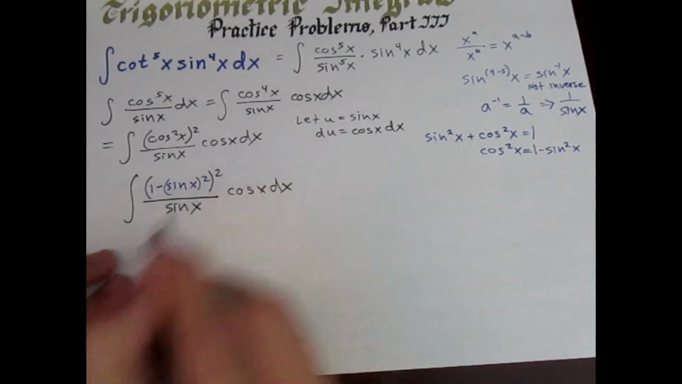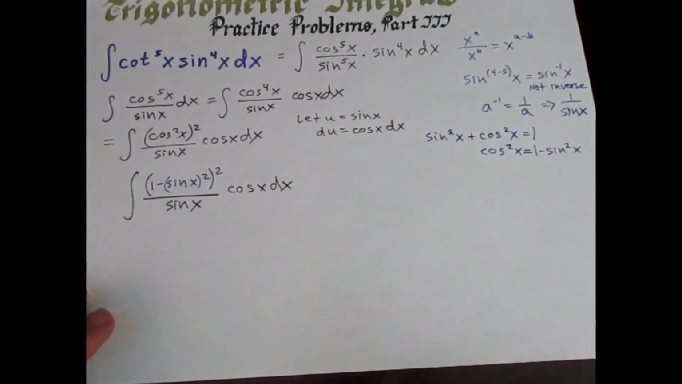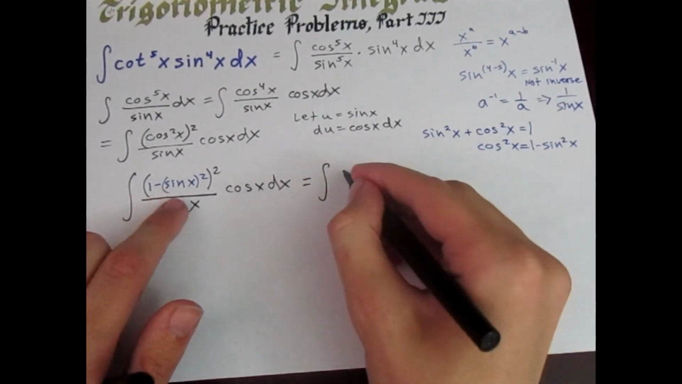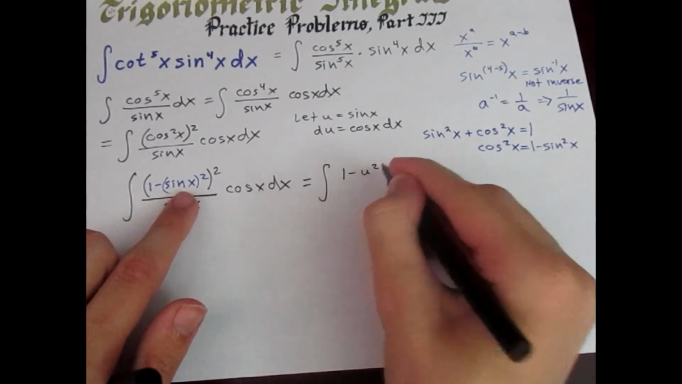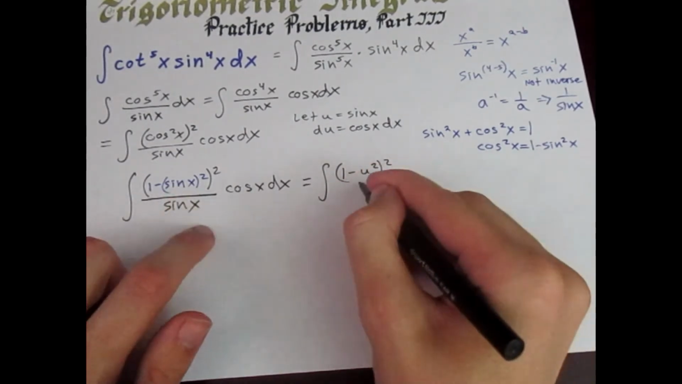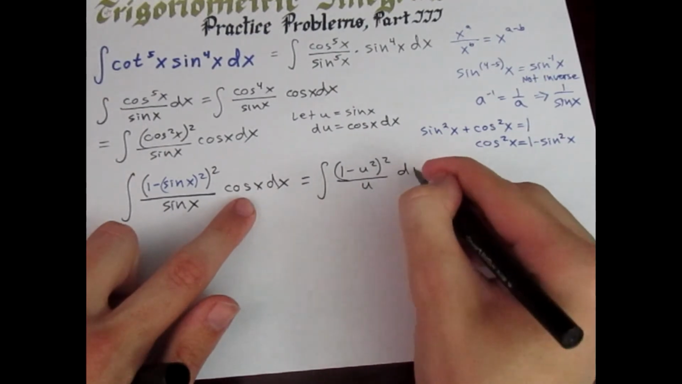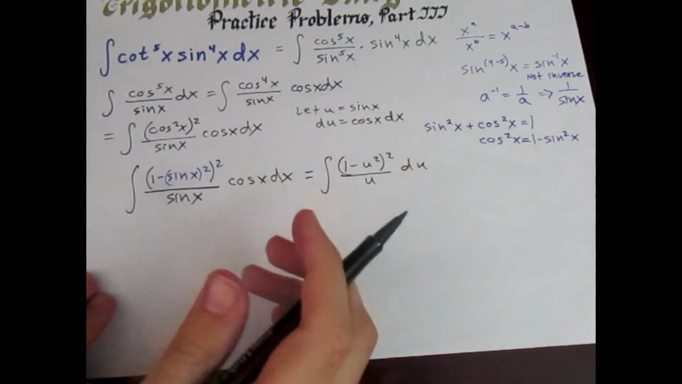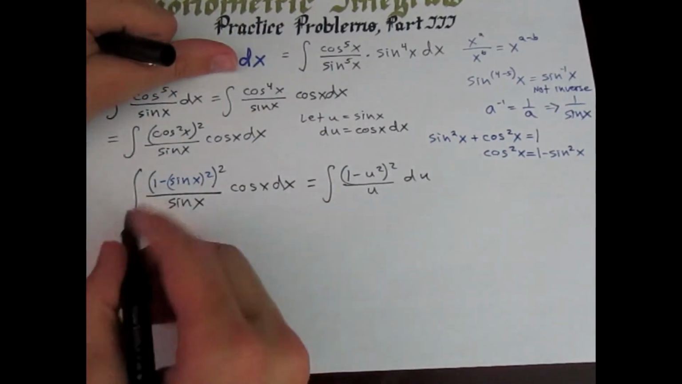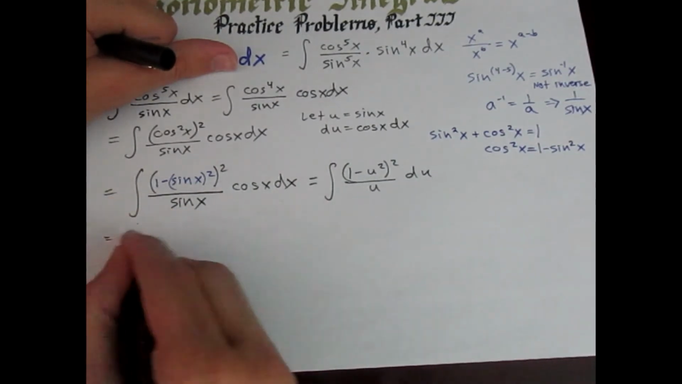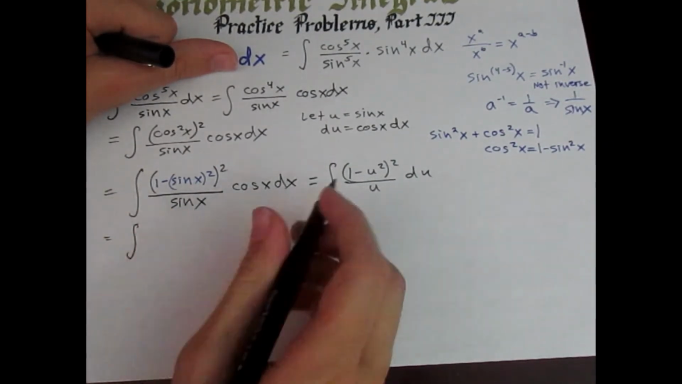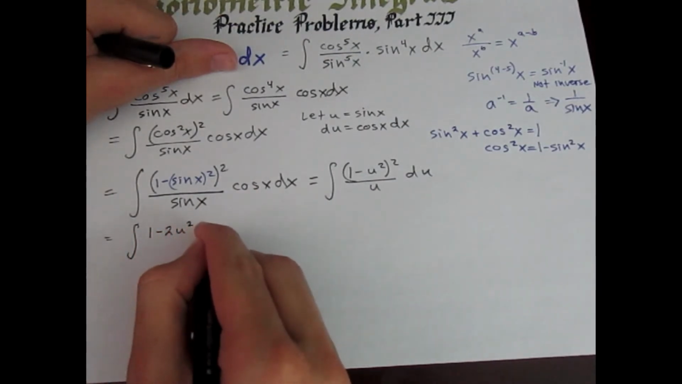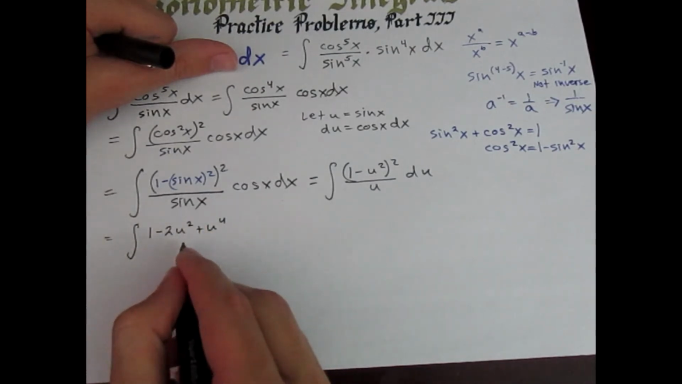times cosine x dx. Now let's make the substitution. Everywhere I see a sine of x, I'm going to put a u. So that's going to be 1 minus u squared, quantity squared, over u du. And everything else is pretty much algebra from here when you're simplifying the integrand. That's basically all it comes down to. So that's going to equal the integral, let's square that, so that's 1 minus 2u squared plus u to the 4th over u